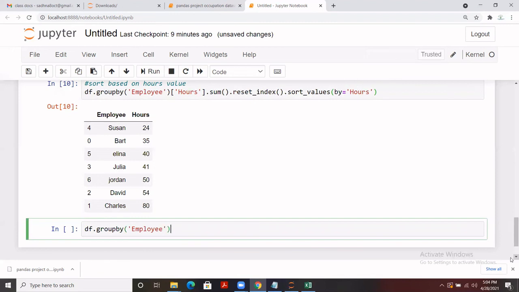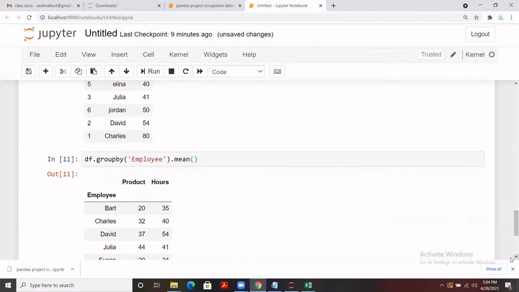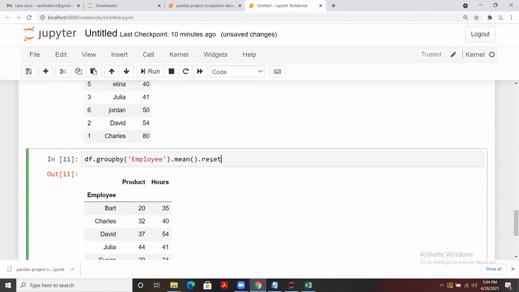And then we'll be calculating the mean, and you know that it will give you the mean of numeric columns only, because we cannot calculate the average for city. And you can do reset index here as well, so that employee will be a column, and we can utilize it further as per our requirement.